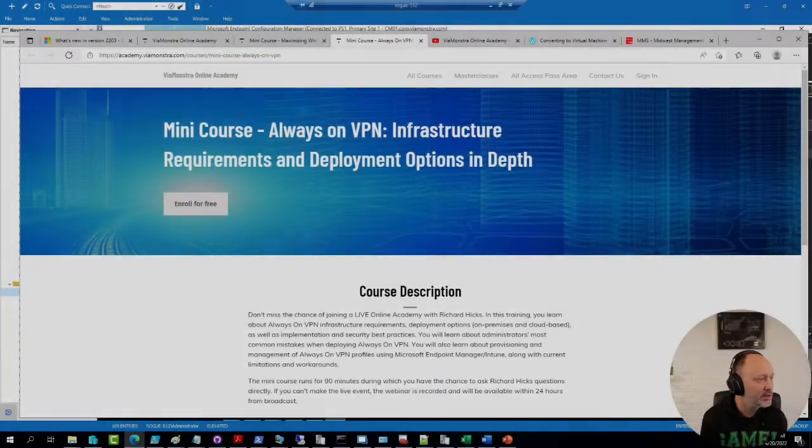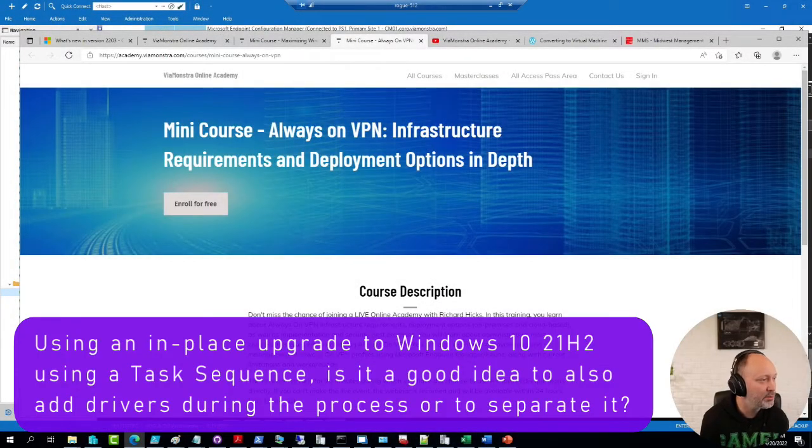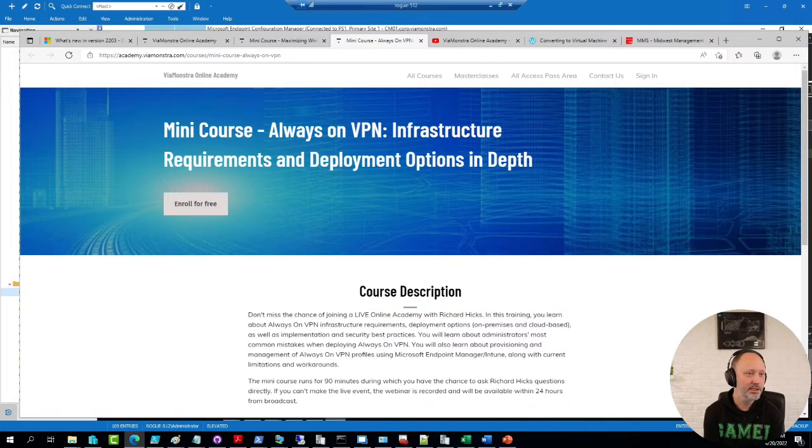Okay, so the question is, using an in-place upgrade to Windows 10 21H2 using a sequence, is it a good idea to also add drivers during the process or to separate it? It's a great question, but it's one of those it depends questions. Because when working with,